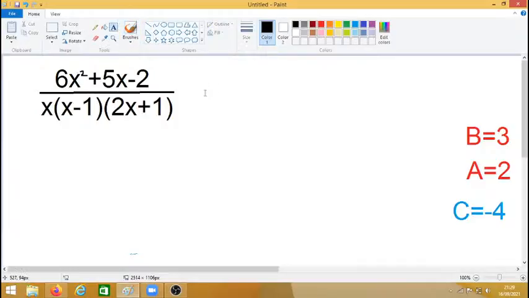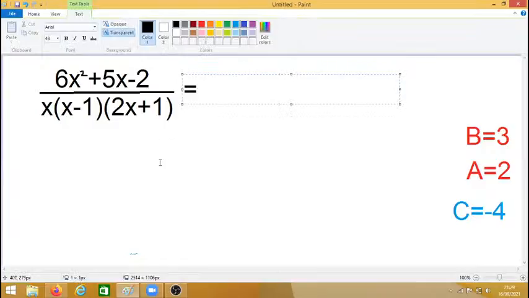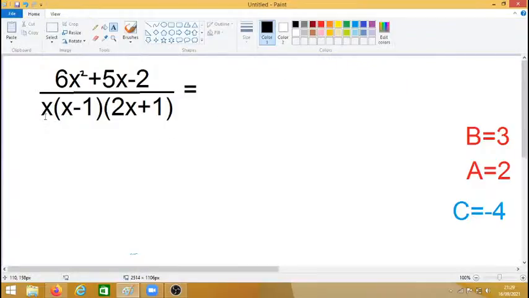So what does it split into? We know the 3 factors, the x minus 1, the 2x plus 1, they'll be denominators. So that means I'm going to have 3 fractions. One with